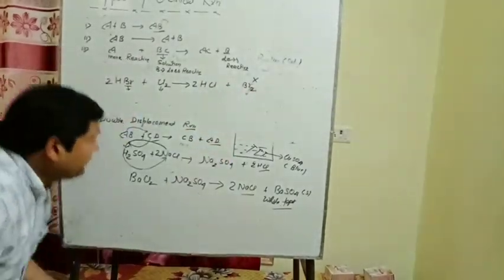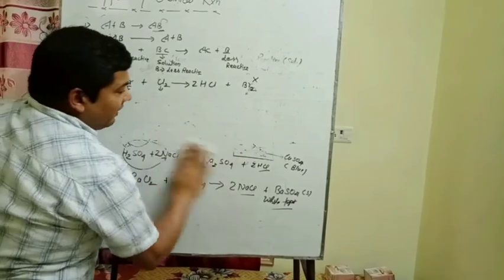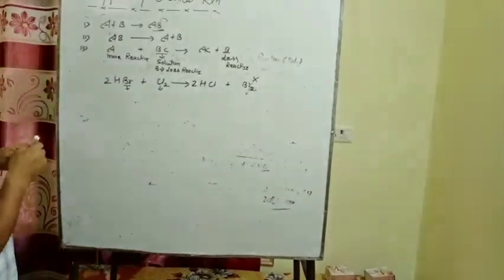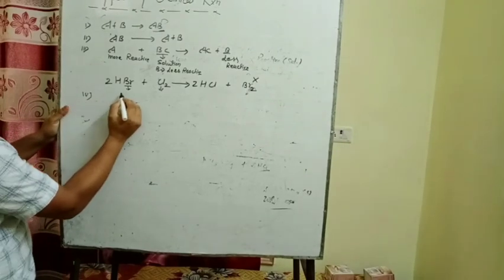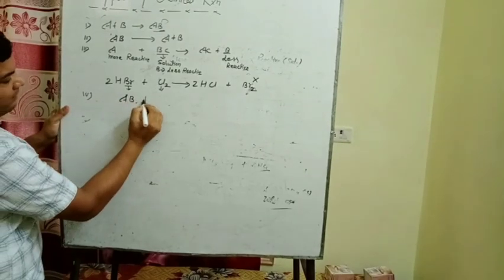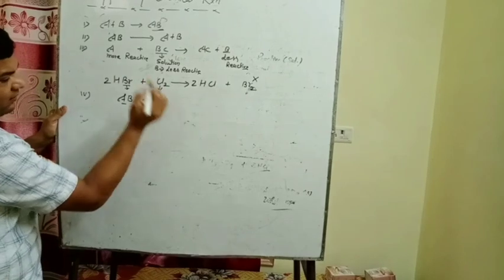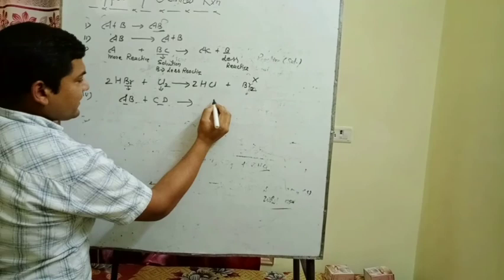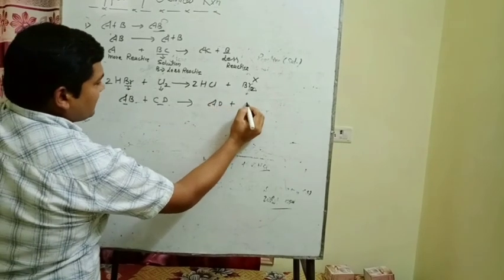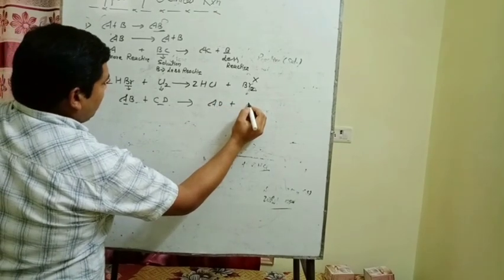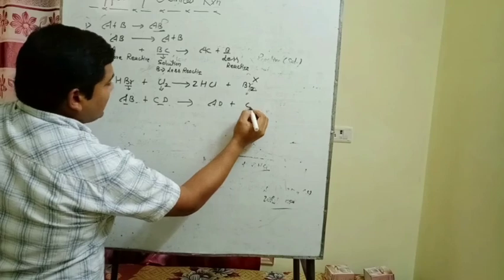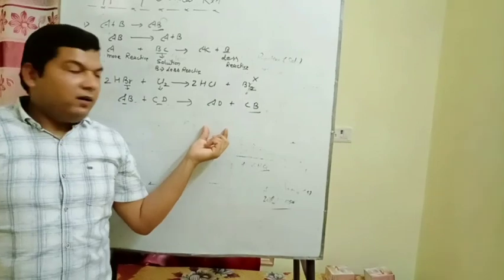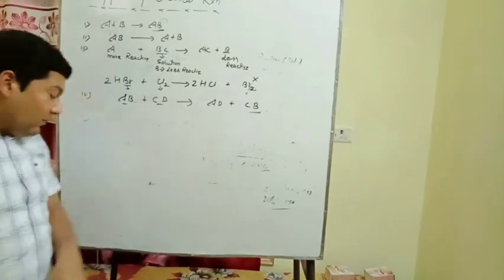Then comes next one, that is called the double displacement. It simply involves the exchange of the atoms. Fourth one, that is, suppose we are having AB plus CD. Two substances are there. They will react to form another two substances. One is AD plus second one is CB. This reaction is called the double displacement reactions. Now comes another type